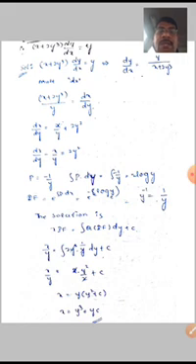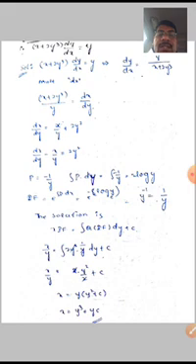So dx by dy is equal to (x plus 2y cube) by y, that is dx by dy is equal to x by y plus 2y square. That is dx by dy minus x by y is equal to 2y square. Here p is equal to minus 1 by y. Integration of p dy is equal to integration of minus 1 by y dy, which is minus log y. Integrating factor is e power integration of p dy, which is e power minus log y is equal to y power minus 1, that is 1 by y.